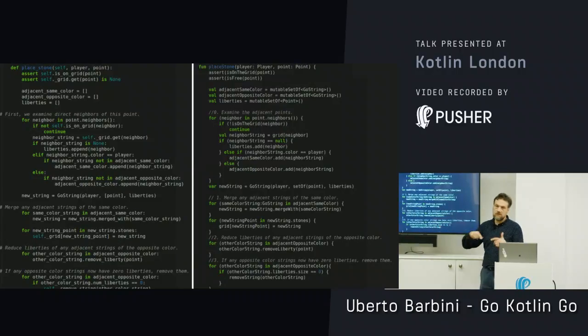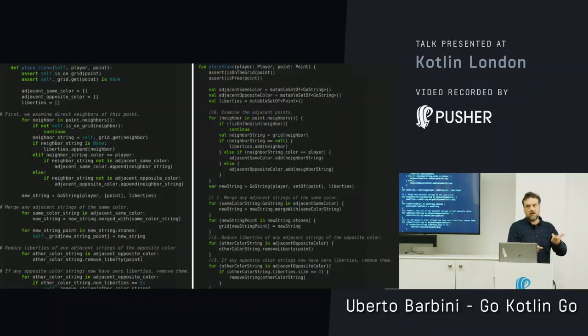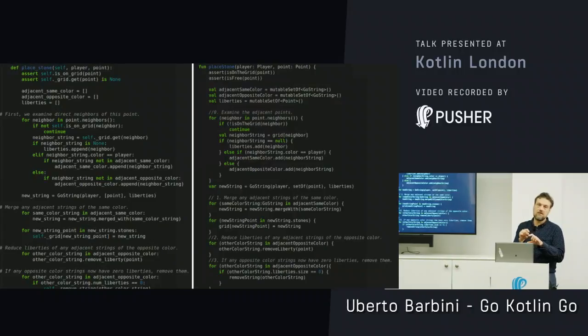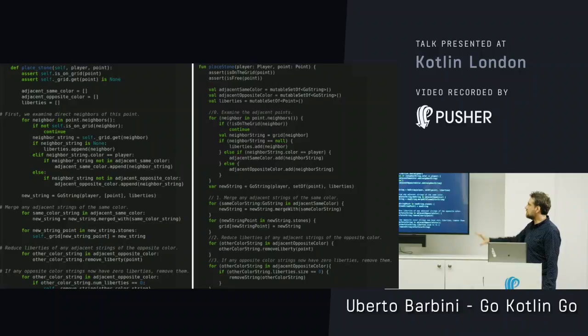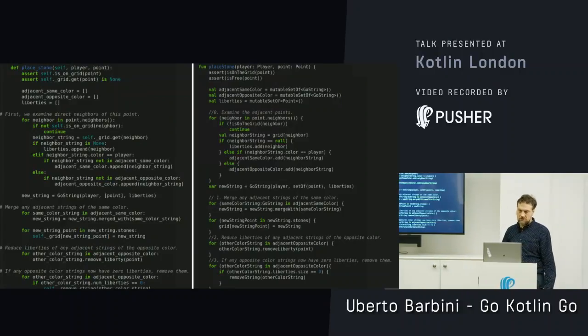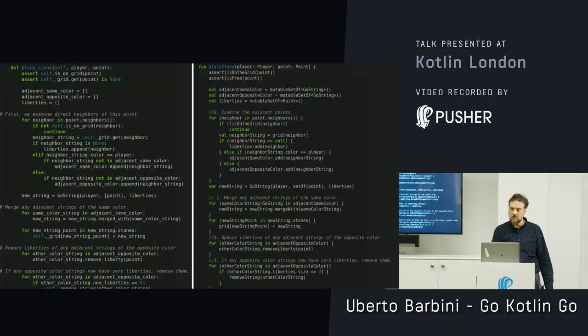And if some string of the opposite color has no liberties left, that means that you completely surrounded it, and you can take those stones away. So this is one of the most complicated pieces of code, and it's really impressive. It's very linear, and Python and Kotlin are really, really similar.